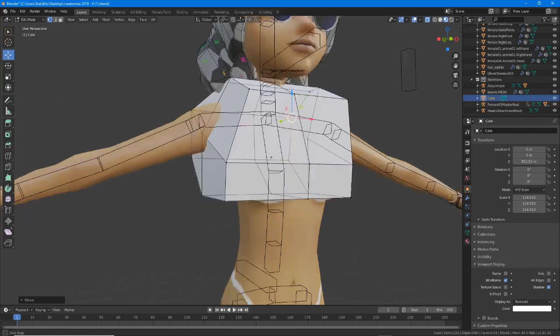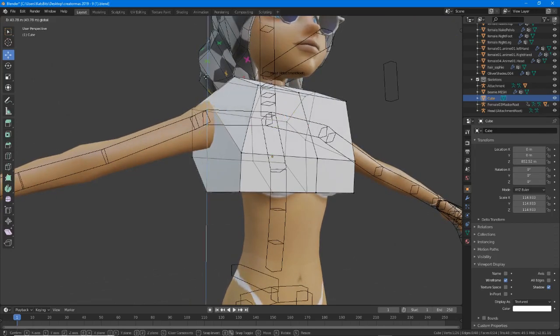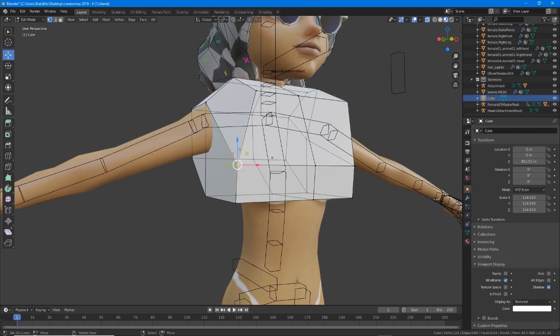And this would be similar for clothing as well. So what we are basically doing